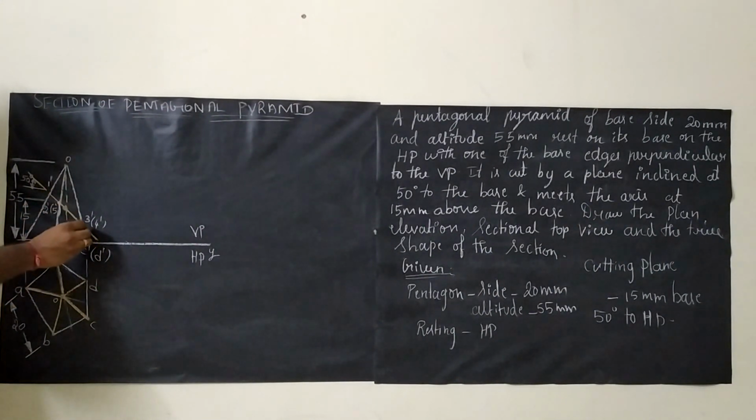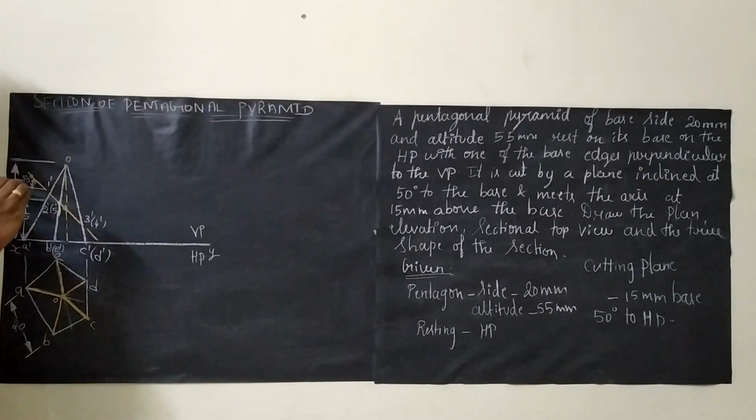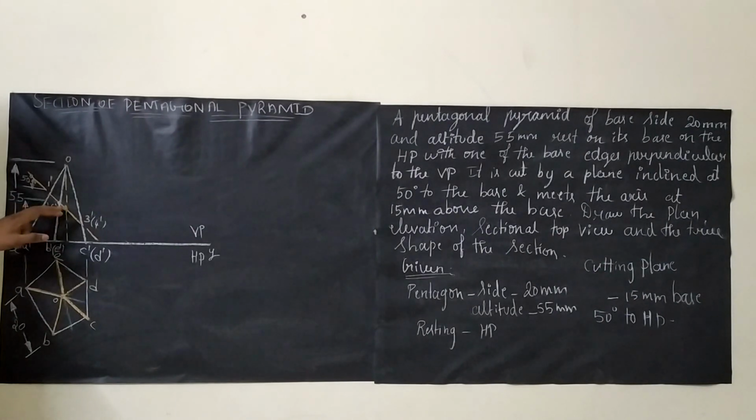For the cutting plane, you have to leave a 1 mm gap here and here, and then extend it some distance. Dimensioning the 50 degrees here is very difficult, so you can extend the cutting plane, draw a straight line, and dimension it as 50 degrees, so that it will be very easy. Dimensioning this 15 mm is very important, because we are drawing from the base only. We are keeping the cutting plane 15 mm above the base and at an angle of 50 degrees to HP. Okay, so the axis is inclined 50 degrees to HP.